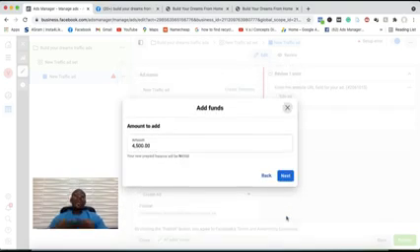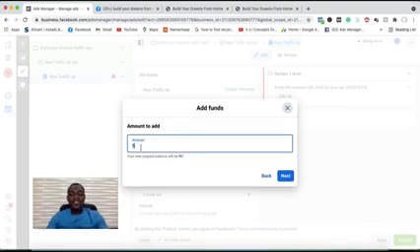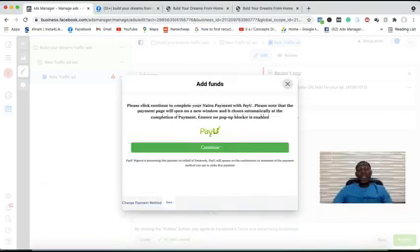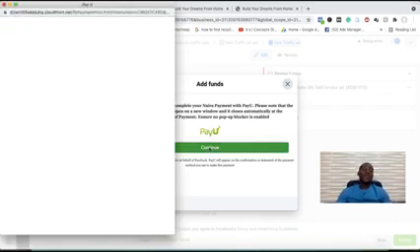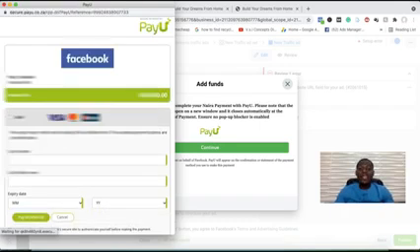So this will now allow us to put in our Naira card. Okay? So I will just put 500 and click on next. Yes, PayU is actually a third-party app. So that is the reason why it is telling us to continue with PayU. So over here we can now put our credit card details, your debit Naira card details, and